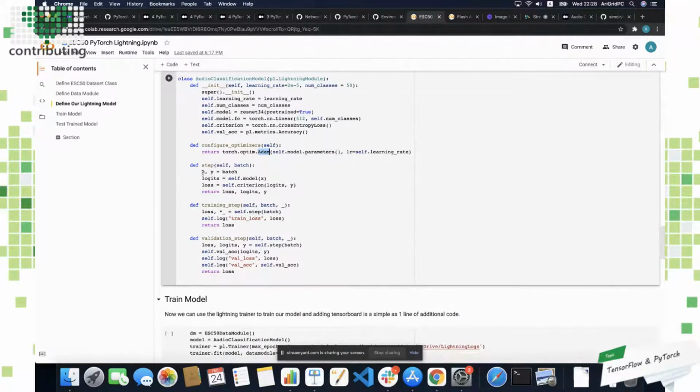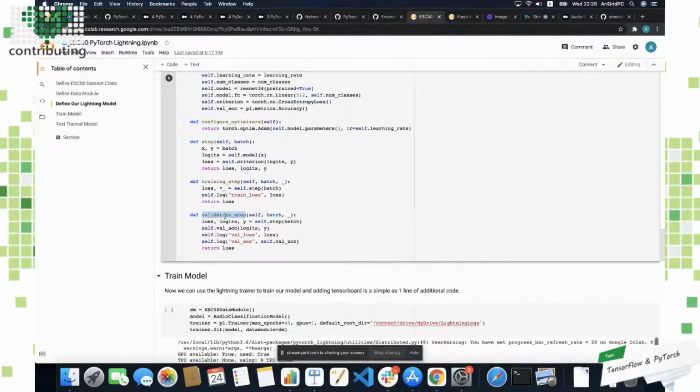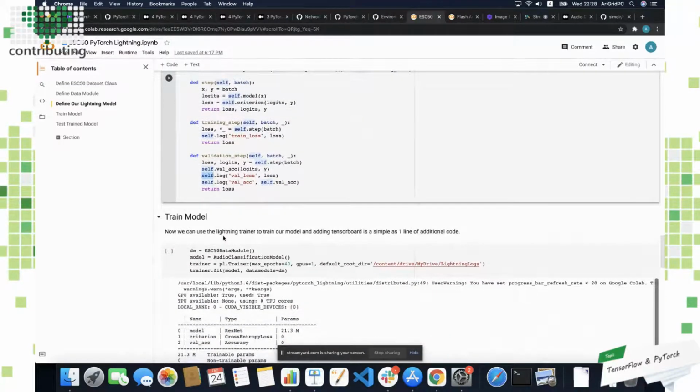I define in my step function what to do, what's a forward step. And then from there, I have my training step function. So this takes in my batches of data and it calls my step function on it. And I also have a validation step that I can do, so that way I can log my validation. And when I do self.log, you can see here that PyTorch Lightning manages the logger. So this can go out to TensorBoard, and it could go out to Weights and Biases, or it can go out to Azure ML or any place that I want. It becomes generalizable and more robust.